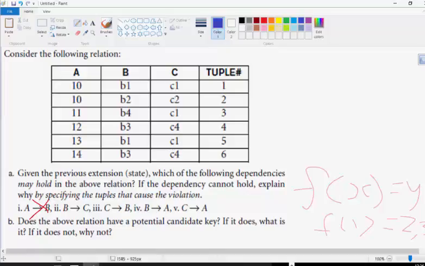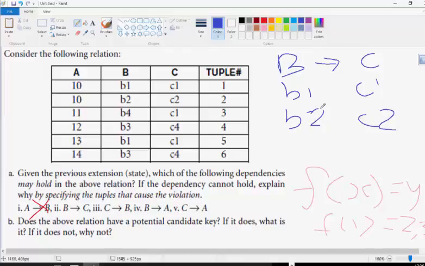This one gets people every year. So B to C. The one there says B1 gives you C1, and that holds throughout. B1 always gives you C1. Next one is B2. B2 gives you C2. That's also holding. Okay, let's go to B3. B3 gives you C4. That's always holding. And B4 leads to C1. But that is not a problem, because if it's a function,